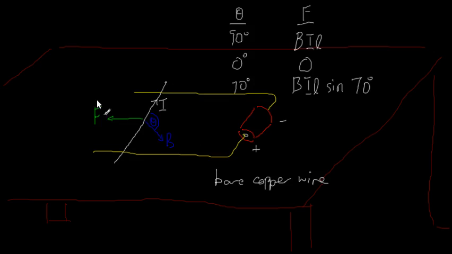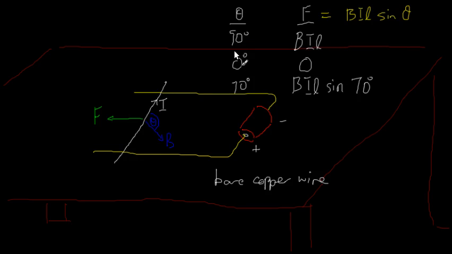Okay, and in general, if the angle is at some other value, if I just call it theta, then the formula would be F equals BIL times sine theta. Whatever the theta is, we can just put in the angle here and calculate the sine of that. Now, we can see that it agrees with these two cases because